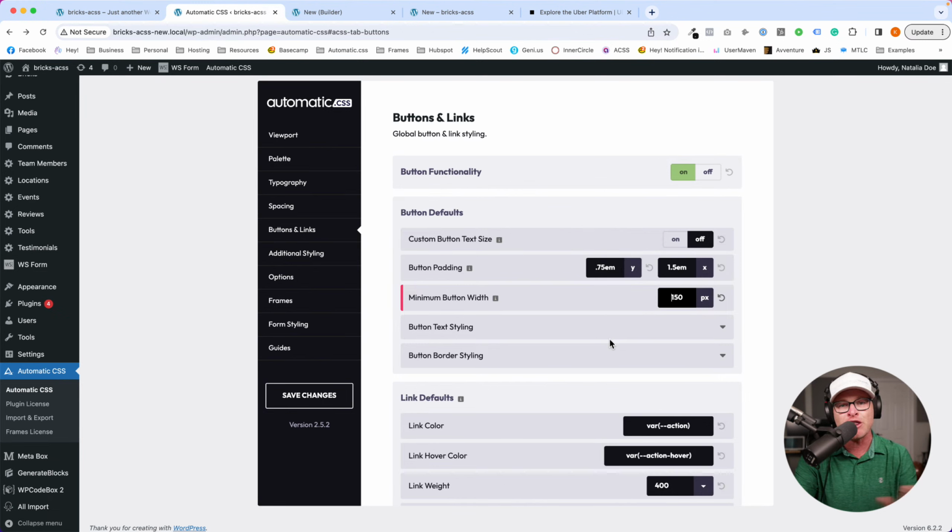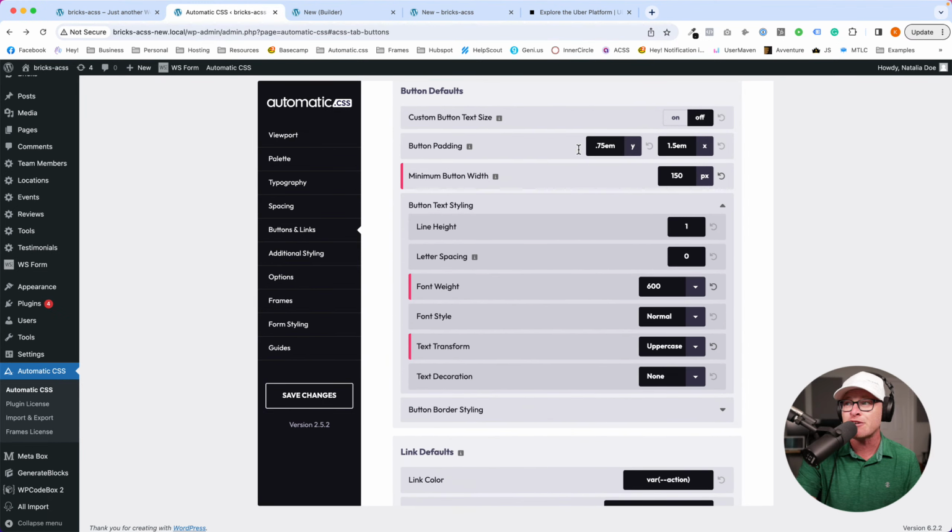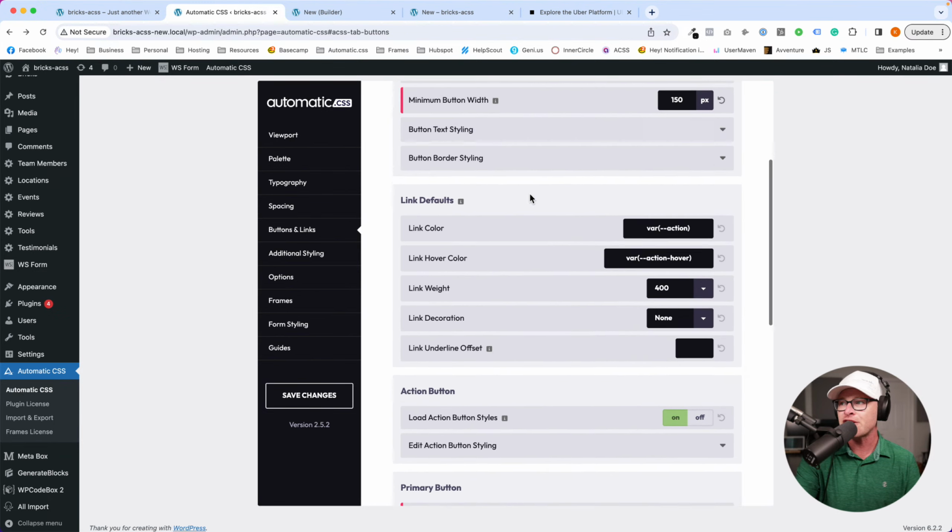All of this is already thought through for you. It's already figured out and it's already set up. And then you can come in here and just tweak things as you need. And as you tweak, everything will stay consistent and nothing will break. That's the idea here. So very easy to do with your buttons, links,